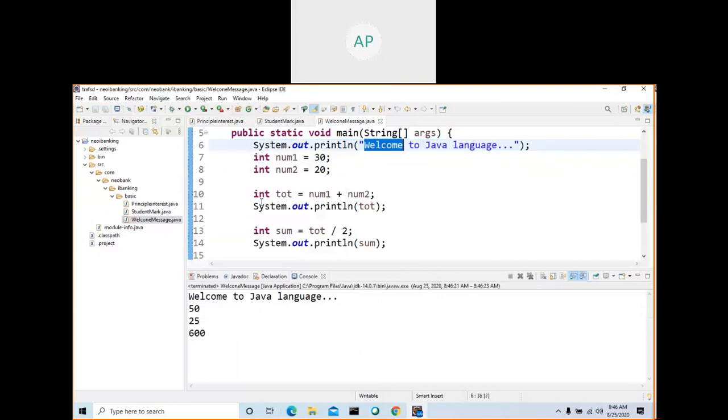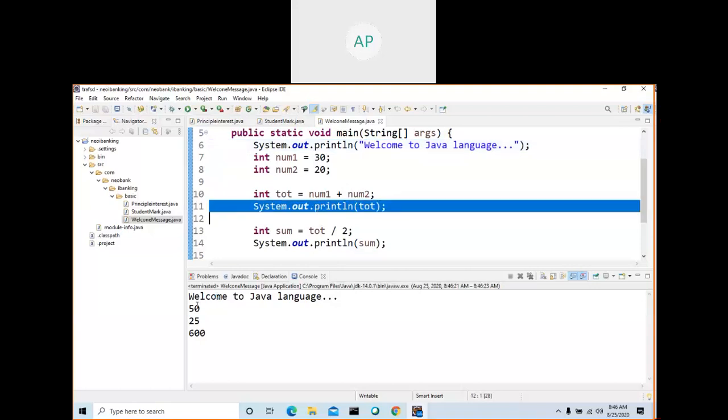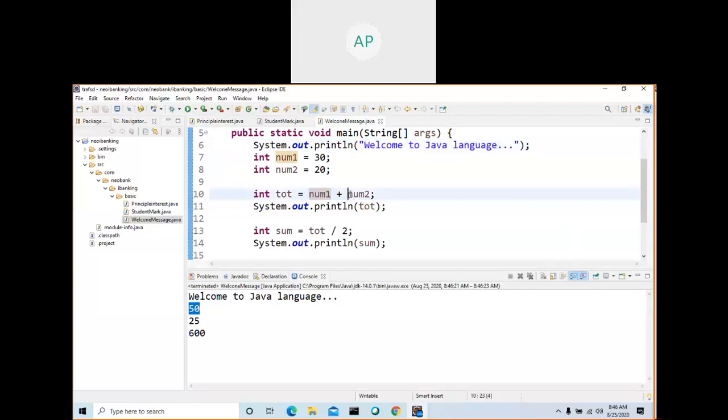Welcome to Java, and then 50. This System.out.println line gives the output 50